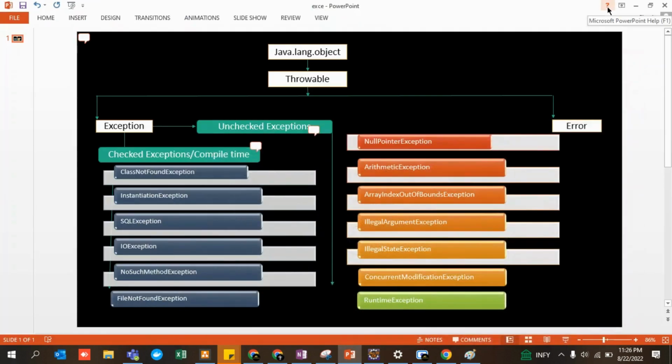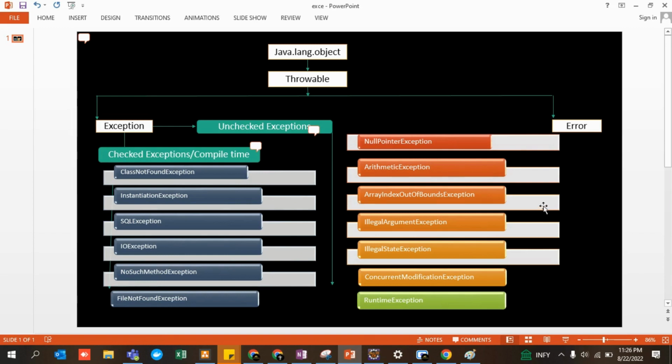Just a weird example. In the same way, if the file from which you have to read the particular data is not even present, then it will say, if your file is not present, how am I going to run this particular thing? So first that file should be present. So these are all compile time errors, which are known as checked exceptions because they are checked by the compiler, and these are known as unchecked exceptions because they are not checked by the compiler.